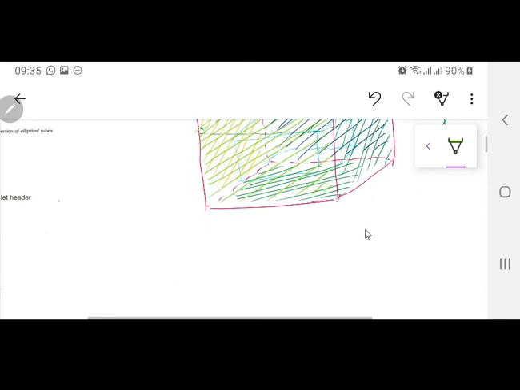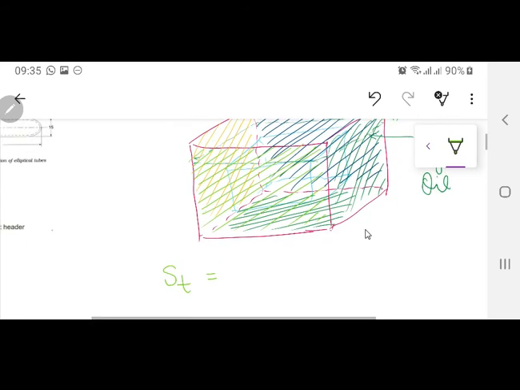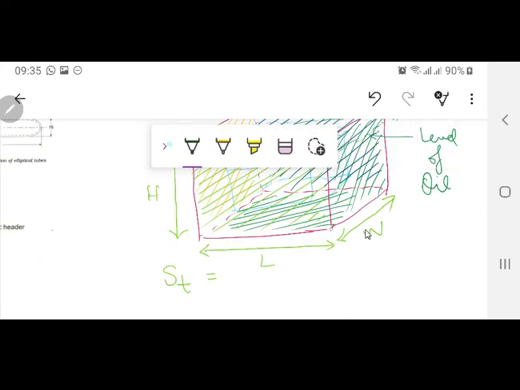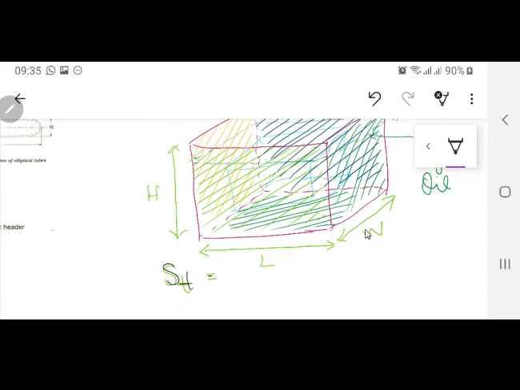So when I am talking about the surface area of the tank, that S_T, what does this mean? If this is the length L, this is the width of the transformer tank, and this is the height of the transformer tank. So let me use the dark color. So S_T, what will S_T be equal to? Just the side walls are actually dissipating the heat, which means 6.5 watts per meter square per degree centigrade is going to be the heat dissipated by the transformer tank.